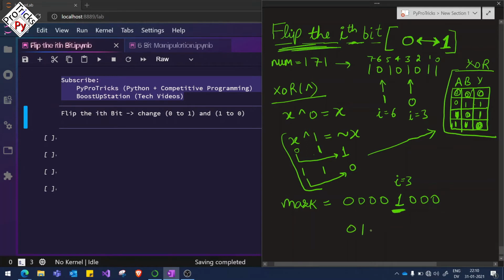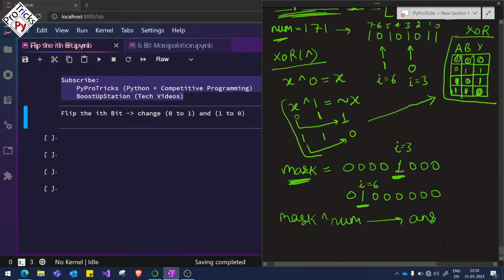If we go for flipping the sixth bit, then we have to make 1 on the sixth bit and all other places should be 0. How we are going to use this mask with the number is we will do an XOR of the mask and the number, and this will give our final answer.